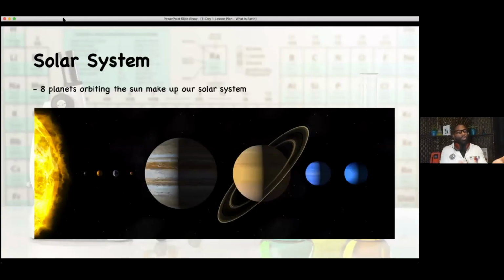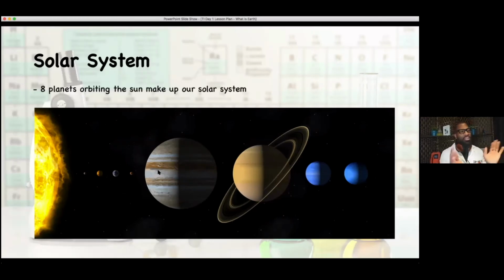Awesome. So we're looking at this vast solar system, and this is a great picture right here because you're able to see all of the planets that exist in our solar system, right? We have our first planets that are what we consider our rocky planets, all the way from Mercury all the way to Mars. And then we pass through our asteroid belt and we get to the gaseous planets, all the way from Jupiter all the way to Neptune, okay?